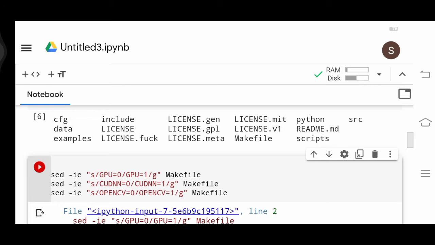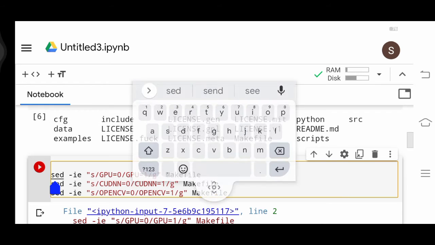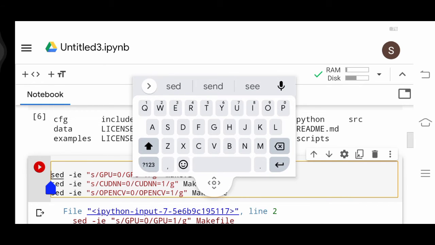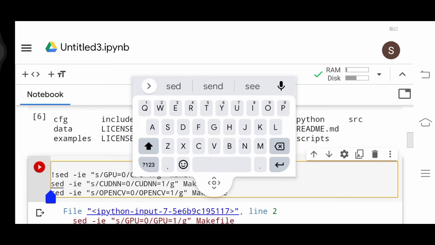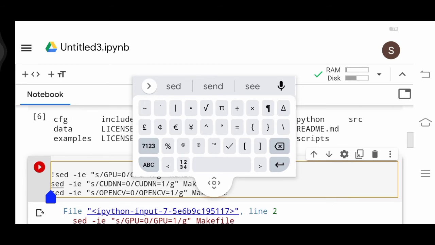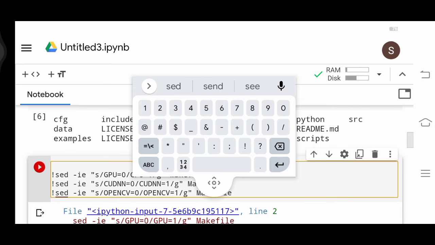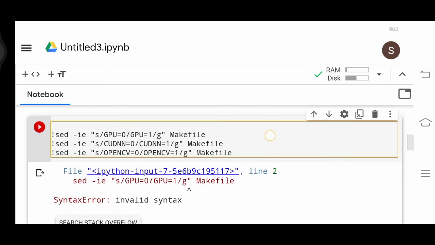It will not run because I have not given the exclamation mark. So give the exclamation mark for each and every command. I prefer to do it on Android because I'm going to do a separate video on how to train it with Android. This is really fun stuff.